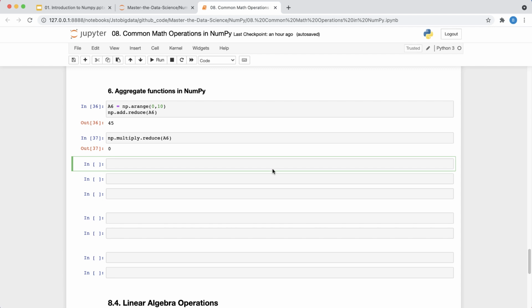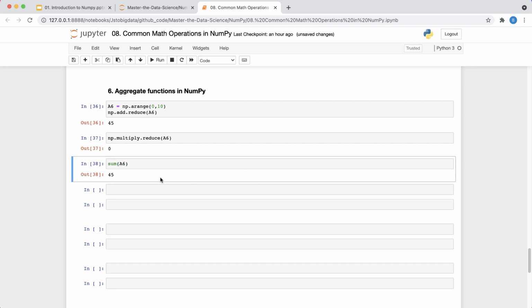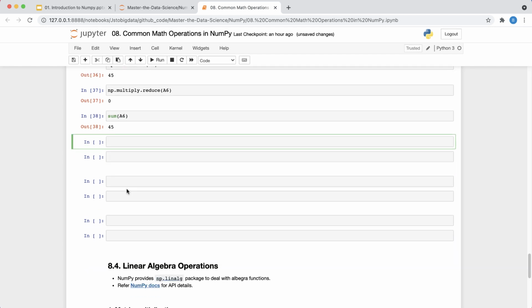You also know, right, you could do the same thing using sum of A6, let's say. That also gives you the sum of everything. But reduce has certain advantages, and I will show you what these are. So let's say I have another array, and I create it again with a range, starting from 1 to 10, and then I say data type equal to np.int32.